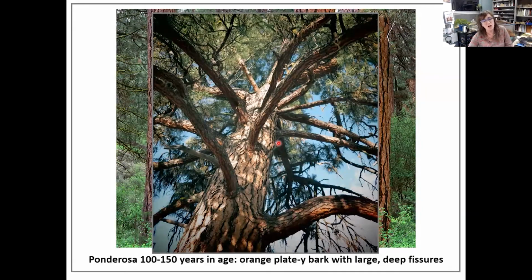And Ponderosa pine is susceptible sometimes to mistletoe. Dwarf mistletoe is a natural part of the forest, and it can cause some branch deformations, but they end up being good for wildlife and give it that characteristic gnarly look of that old growth. So here's what that crown might look like in an old growth tree, really large diameter branches. And then if we took a closer look at the bark,